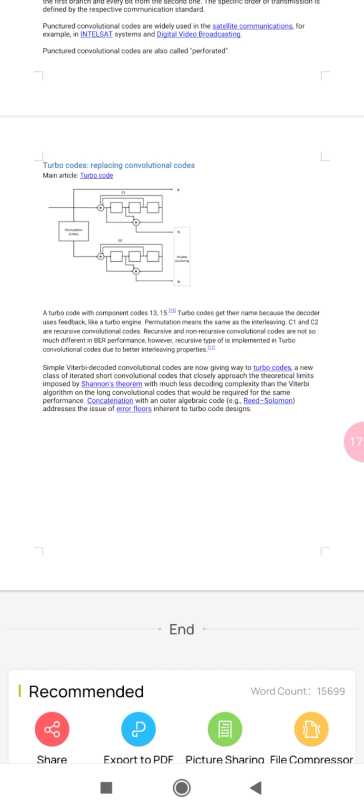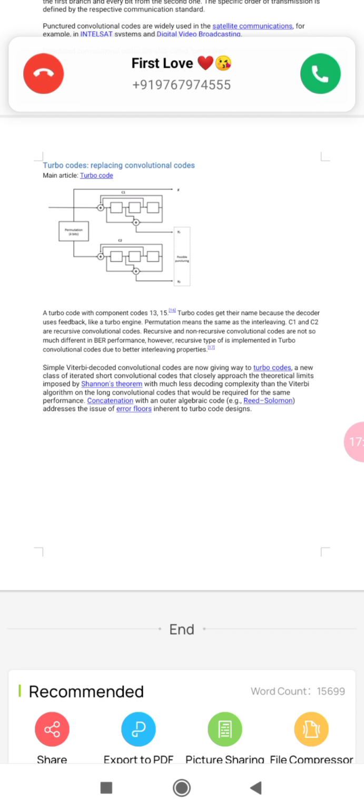Simple Viterbi decoded convolutional codes are now giving way to turbo codes, a new class of